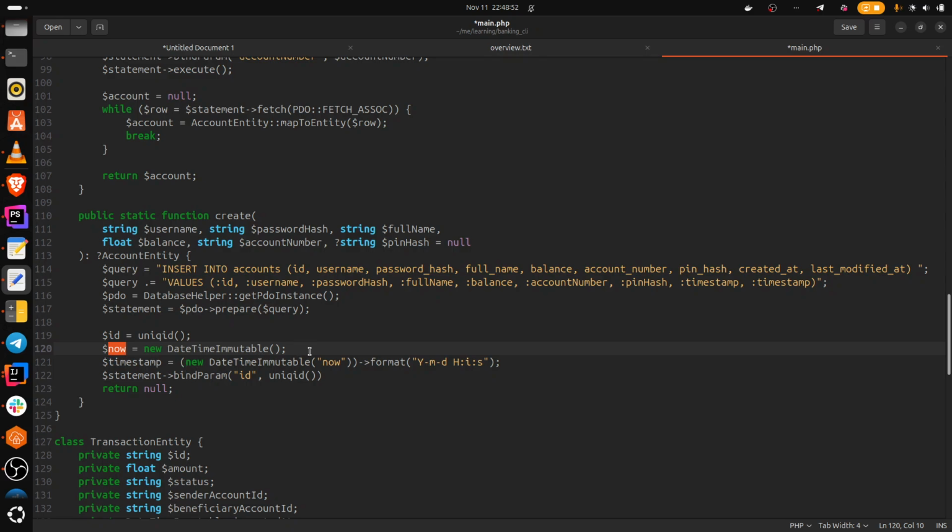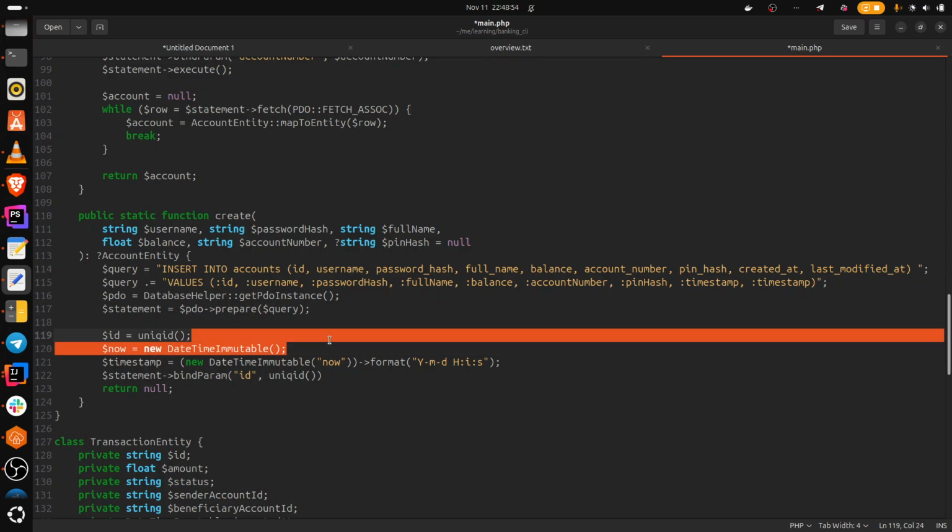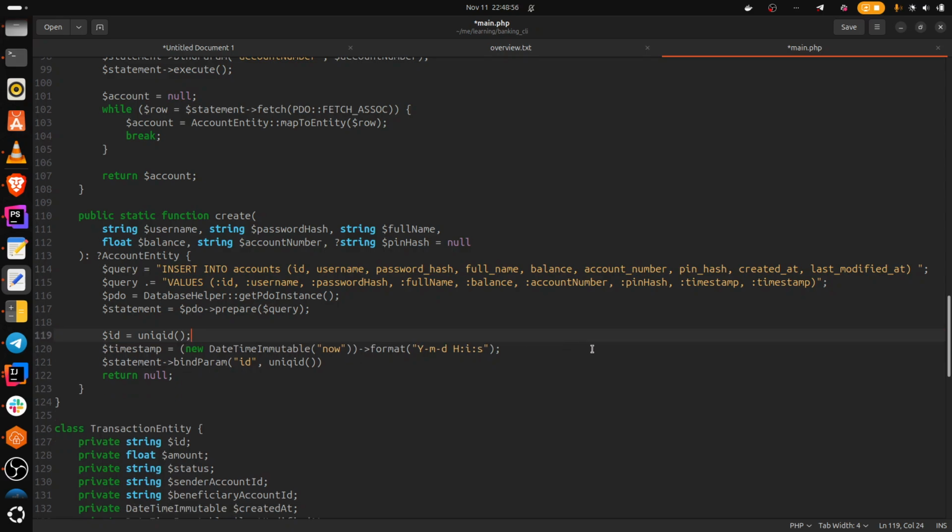Okay, I personally won't be doing that. Alright, so we have our ID, we have our timestamp, and we have the rest of the data here. So let's start binding. Okay, so for this we'll replace this with ID,